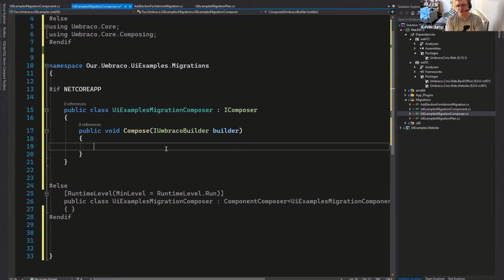But what we're going to add in the composer now is, instead of using a component to kick this off, we're going to use a notification handler. So in Umbraco, there are notification handlers for when things happen. And the one we want at this point is when the Umbraco application starts. So Umbraco does all its stuff, fires it up, and then the Umbraco application start would happen, which is, and I'll get this wrong now,